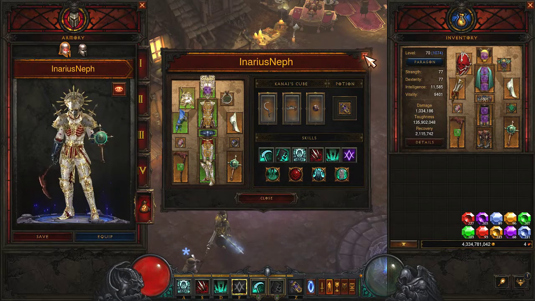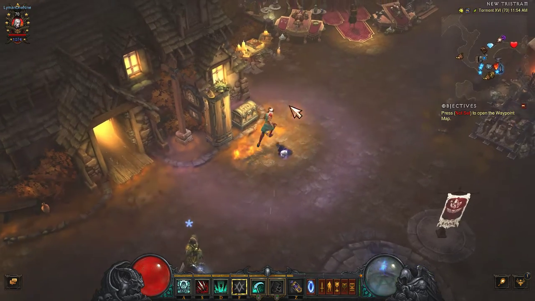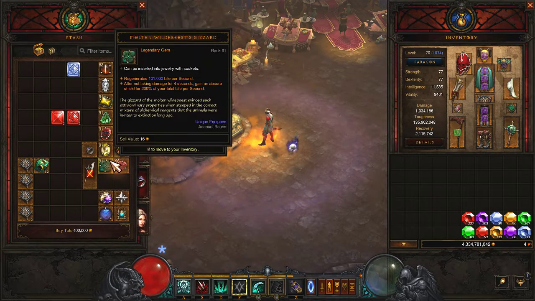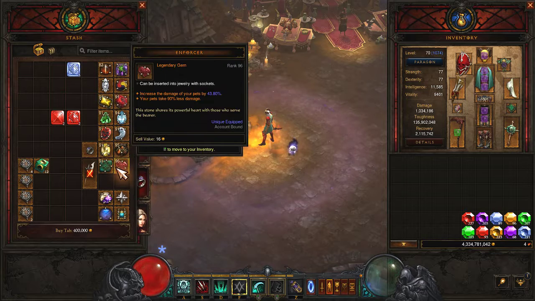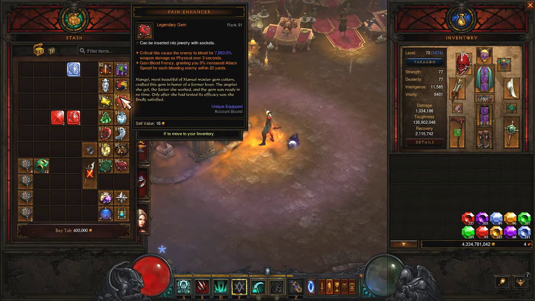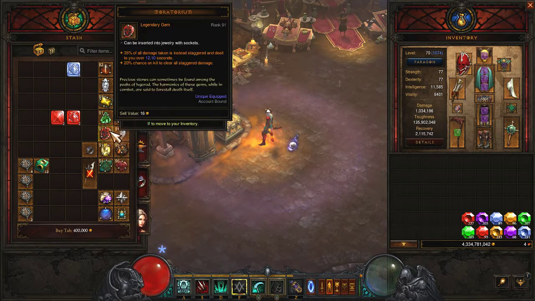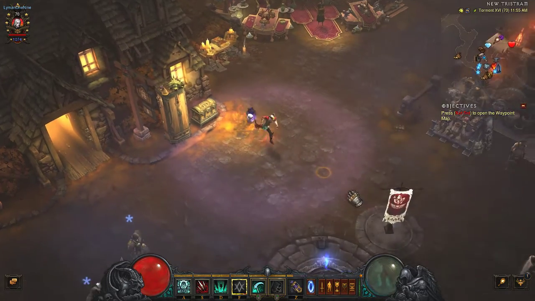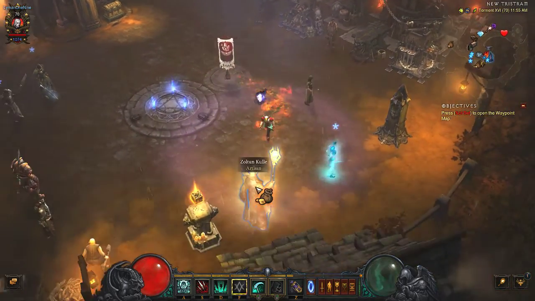Alright, so that's basically my build, and currently what I'm doing is I'm working towards leveling up my legendary gems to about as high as I can get them, which will probably be about level 105. I've got most of them up into the 90s, and once I get them all leveled up,